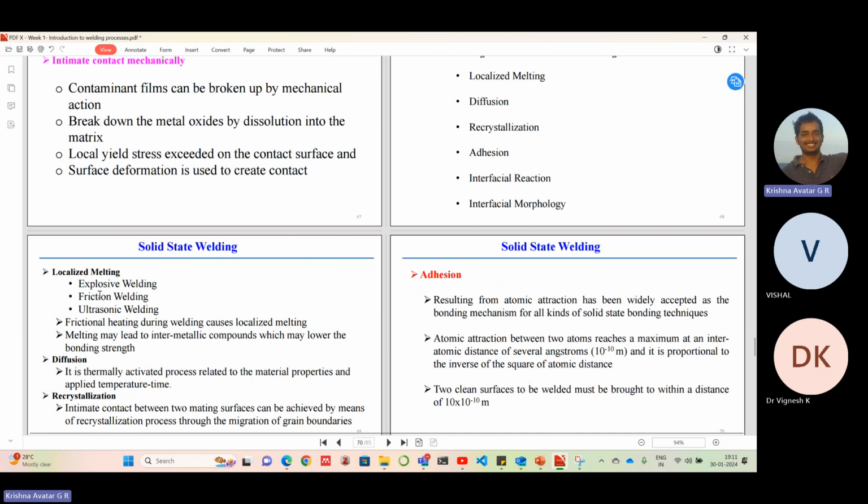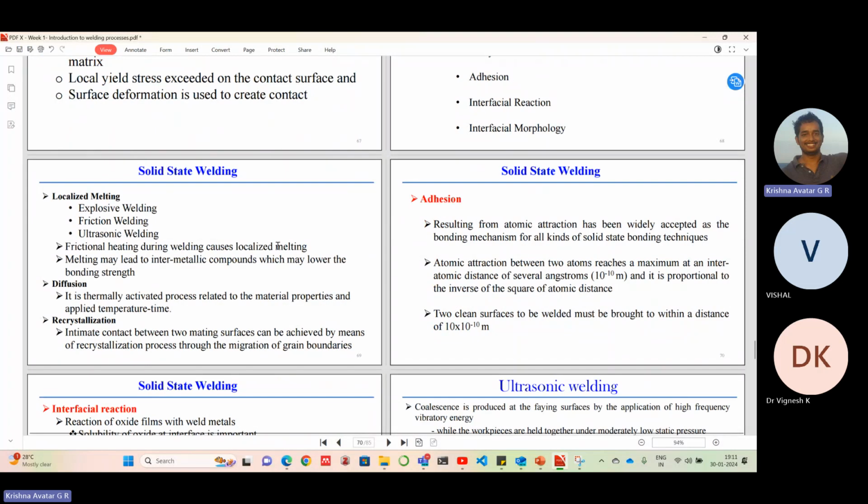So for localized melting, we could use explosive welding, which will create enough energy in the neighborhood of the region to be welded. We could use friction, as I had mentioned, and we could also have ultrasonic welding. This is passing very high frequency acoustic waves through the material, which will simply shake the atoms near the surface. Friction heating due to welding can cause localized melting, and it could also produce intermetallic compounds, which may